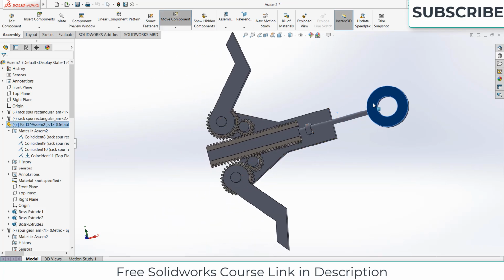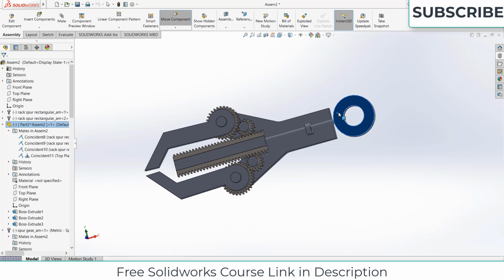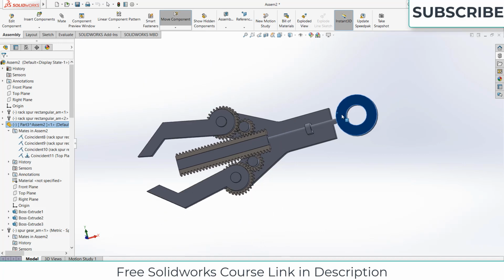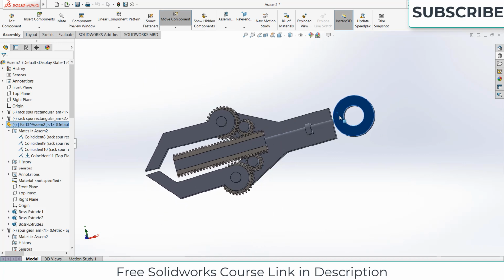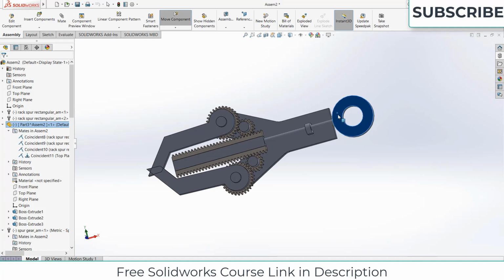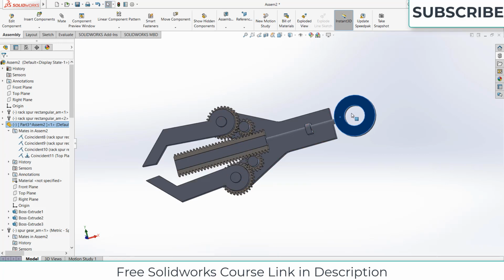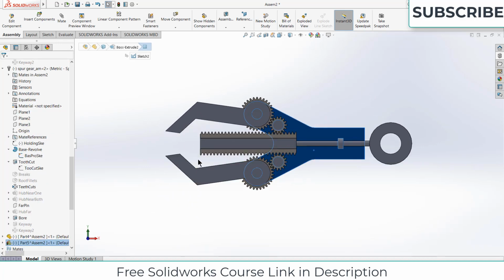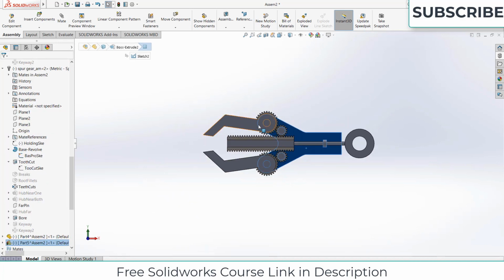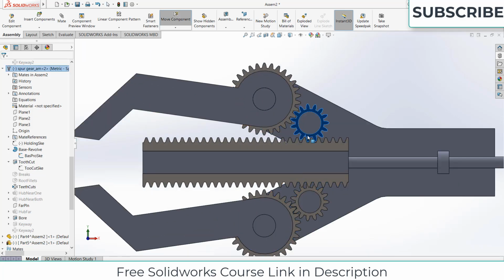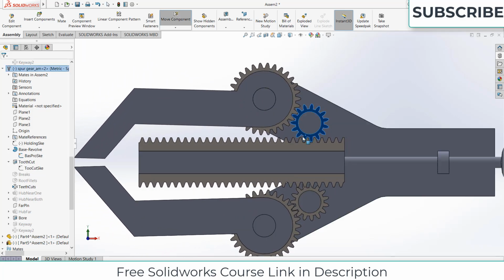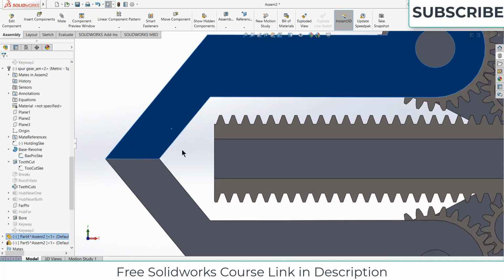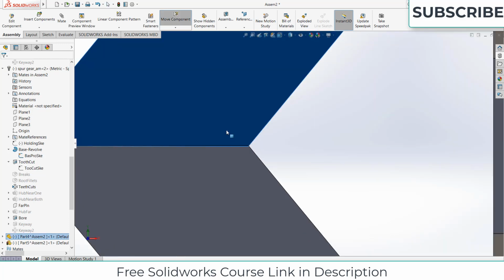Now you can see it's working quite great, and we have done quite well. Now as you can see, it's colliding here, and we don't like it. Basically I don't like it, not going to lie. So press Ctrl plus 8. What we can do is zoom in. Let's see what distance we want. Okay, this much distance is okay.